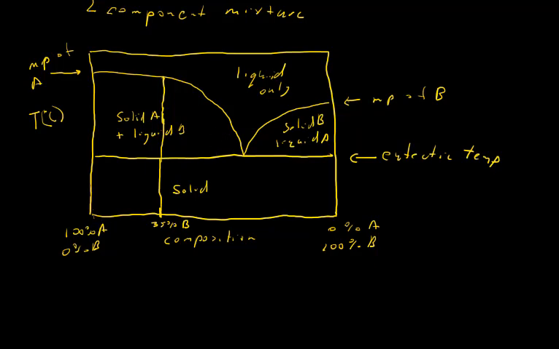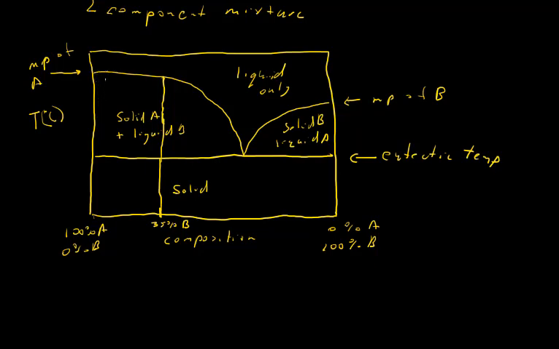Now, you would expect a very broad melting range as you got closer and closer to pure A and pure B here, because you see how big the distance is between the eutectic temperature and the top of the curve. But in reality, in this region close to pure A and pure B, we've just got a few percent, just a very small amount of A or B present. You tend to see melting ranges, but not nearly as broad as this. And the reason is that there's such a small amount of B or A over here that you don't notice that melting. So you'll get a depressed